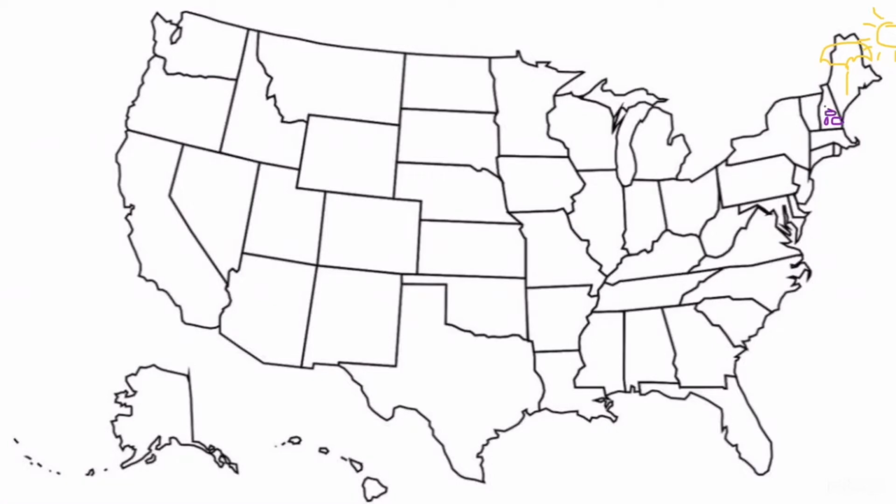Next we have the city of Concord, New Hampshire. So let's draw a lowercase h surrounded by grapes. And think of it as an upside down batch of Concord grapes.